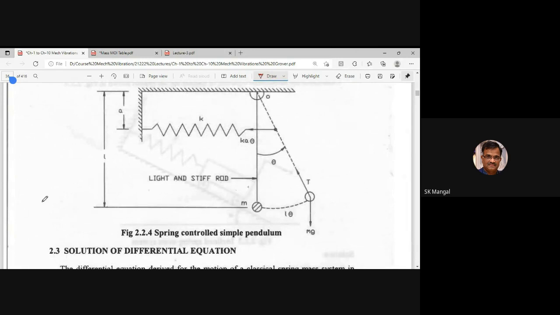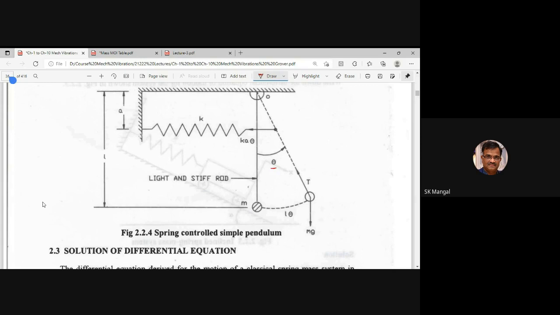So now again, to write the equation of motion of any system, you need to displace the mass by some displacement. This displacement can be x or it can be theta. And then for that point, you write down all the possible forces acting on the system, and then you draw the free body diagram of that small segment and show all the forces there, and then write the equation accordingly. So in this case, I am displacing it by theta.